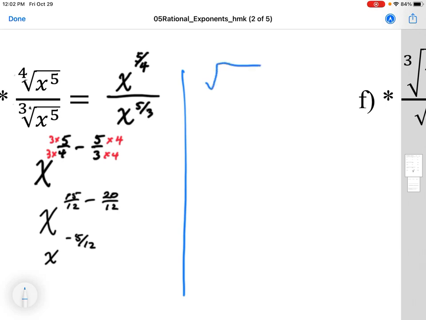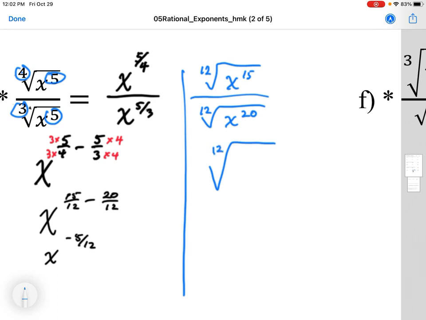So instead of a 4 to 5 ratio of root to power, I'm going to do this as a 12 to 15 ratio. And that's going to give me an index of 12. And I'm going to do a similar thing to the denominator. I'm going to power the 3 and the 5 up to root 12 and power 20. What that does is give me a common index, and that allows me to just rewrite this all under one index, x to the power 15 over x to the power 20,